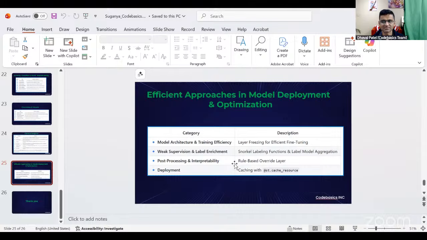So, get an accurate output every time. And when you work on an industry project, you will see this kind of mix of approaches. It's not just okay, whatever the model says, you will just take it. There is always a post-prediction QC and rules layer that you will often find in enterprise systems. So this is good.